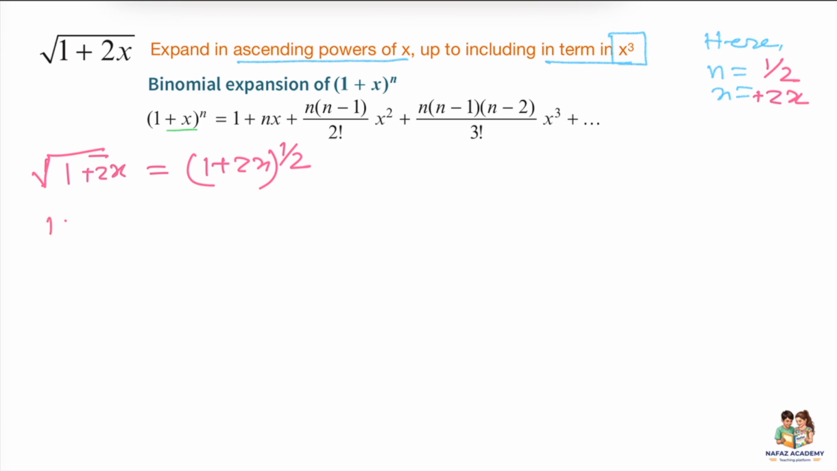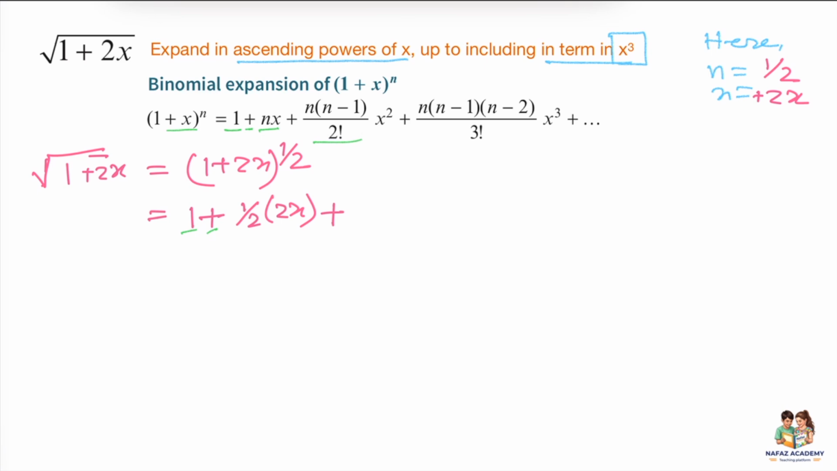Substitute the value of x and n in the expansion. 1 plus nx means half times 2x, right? n value is a half here and x value is 2x here. Always use the plus sign between the two terms. It is nx, which means half times 2x, plus